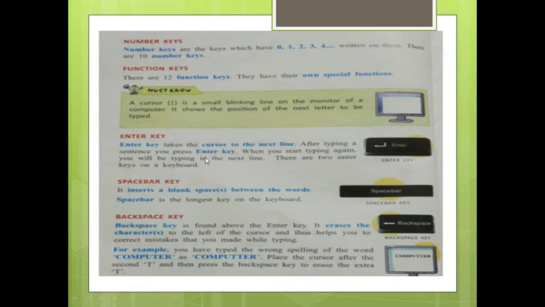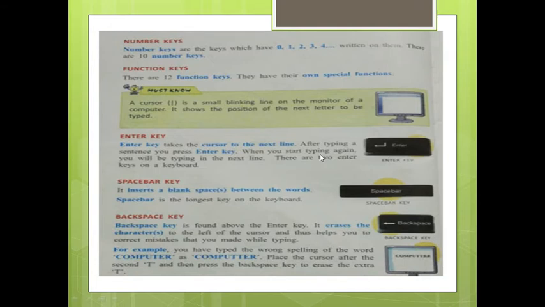So see, come down, the enter key takes the cursor to the next line. You should know this very well, okay, with the picture showing, please see and learn about all things. Okay, first see here the monitor. Whenever you click the arrow, a blinking line comes, then easily you will identify it is the arrow. Come to the next, the enter key takes the cursor to the next line.